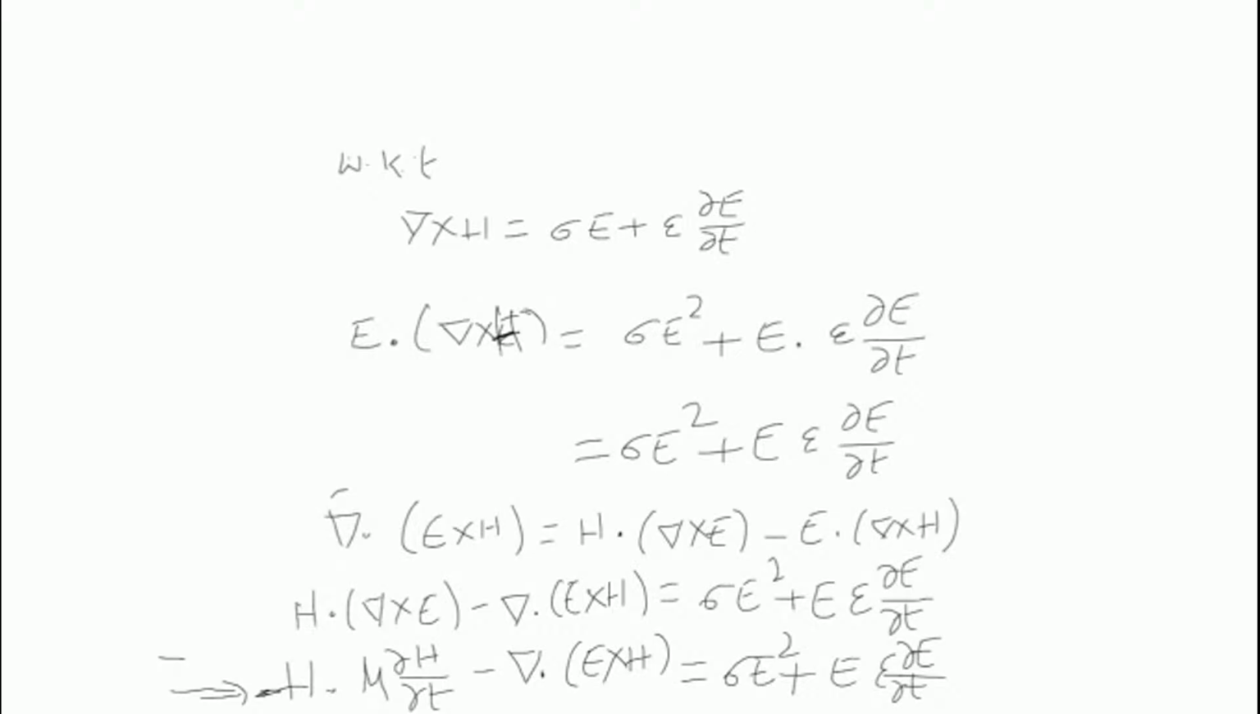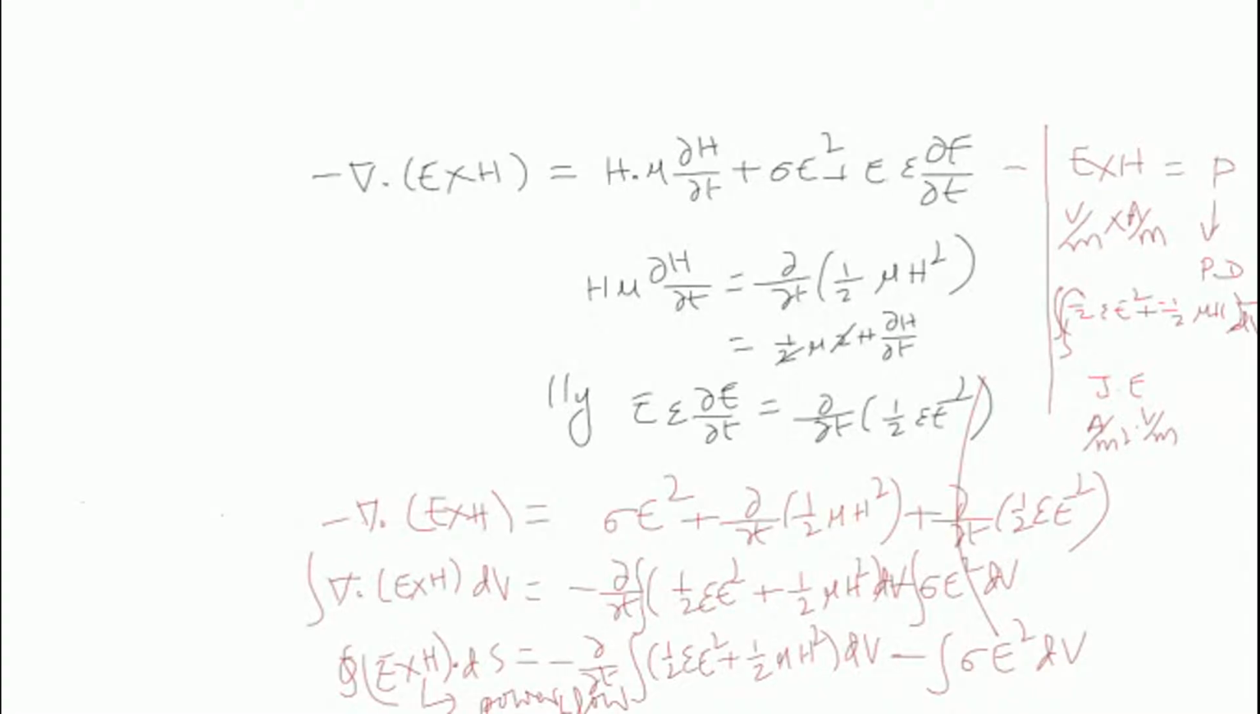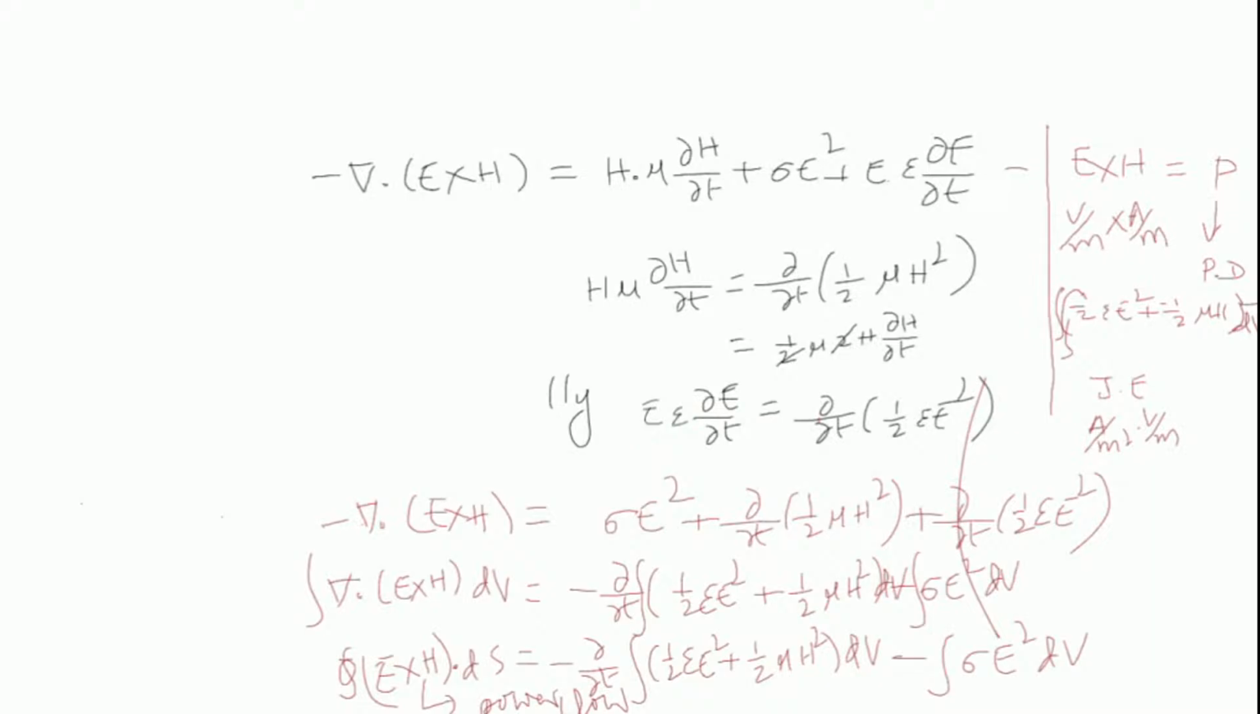So we got like this, and we know del dot E cross H equals what? H dot del cross E minus E dot del cross H. On the left hand side we have E dot del cross H. That E dot del cross H equals H dot del cross E minus del dot E cross H. So finally, by simplifying this one, we get h dot mu dou h by dou t, and E dot epsilon dou E by dou t, which is equivalent to dou by dou t of epsilon E square. And after simplification, we got this equation. That equation is nothing but the